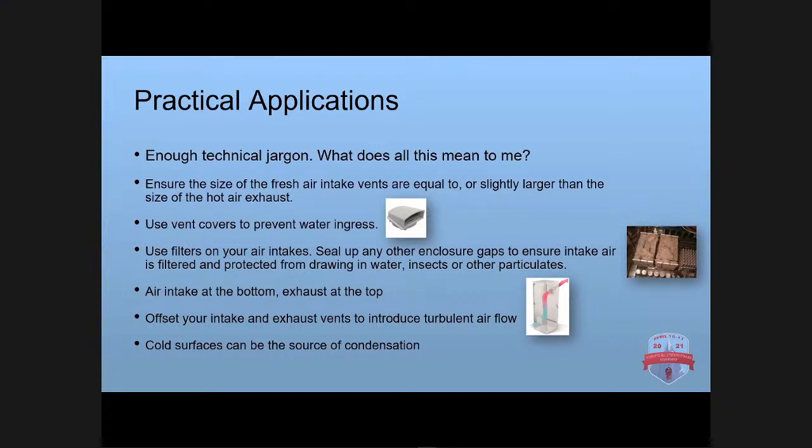They're really easy to do. Just drill the hole, slap them in, and you're done. They're sealed. They work really well. But those will prevent water from getting sucked into your enclosure inadvertently. If you have a very high positive airflow, you may be drawing a lot of other things in there that